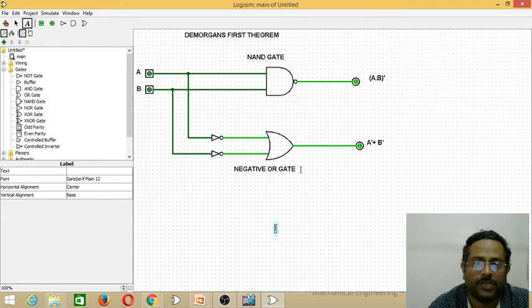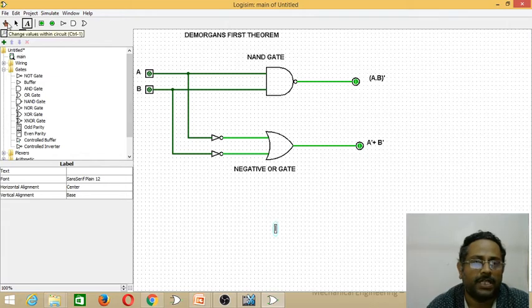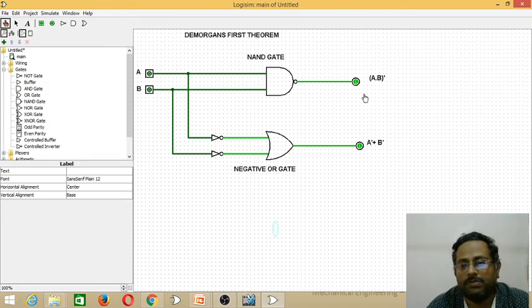Once after completing the circuit building, next we have to simulate. For simulation, first you have to select the poke tool, that is the hand symbol in the toolbar, to change the state of the input. By default, the input state is 0 0, and the output at LHS and RHS is 1 1. Both are the same.